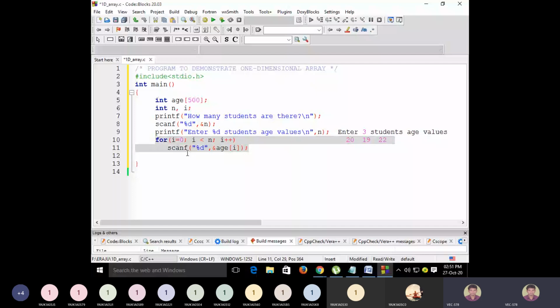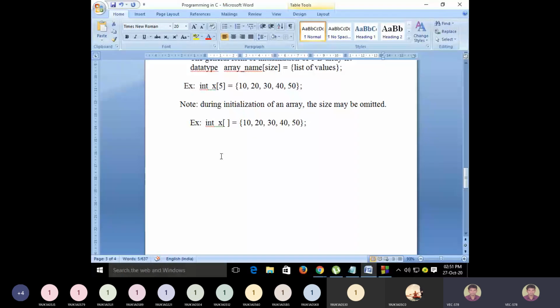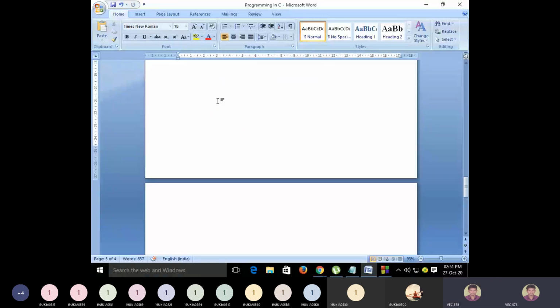Right. Now once the elements are in the array in this form, assume this is your array, containing only 3 or 5, whatever it may be.